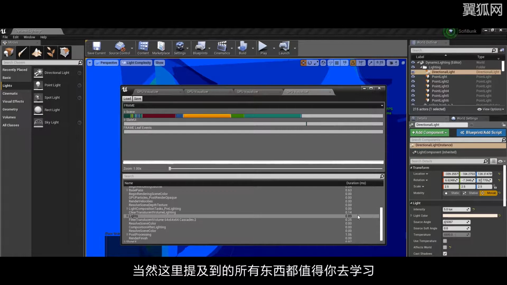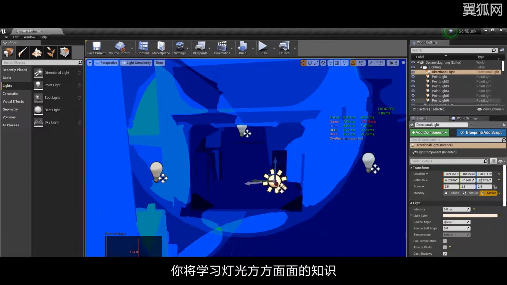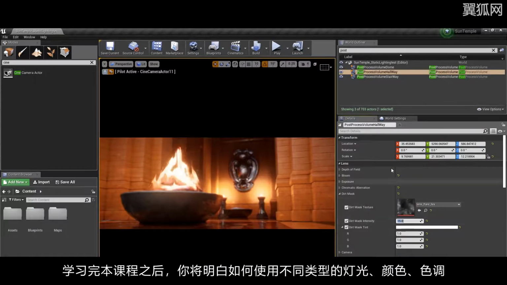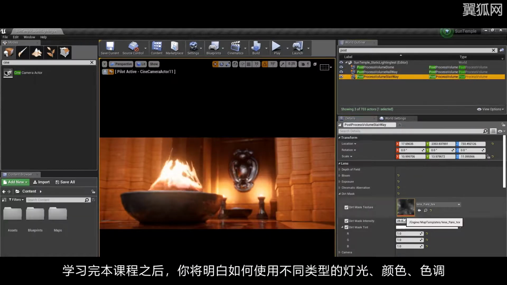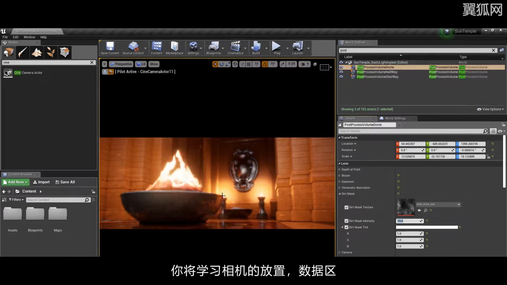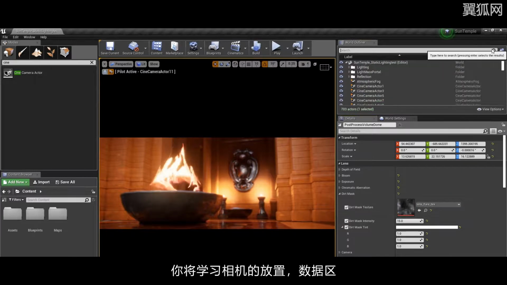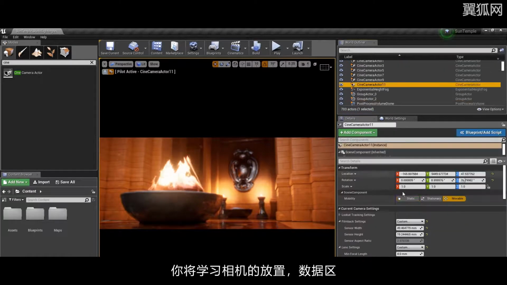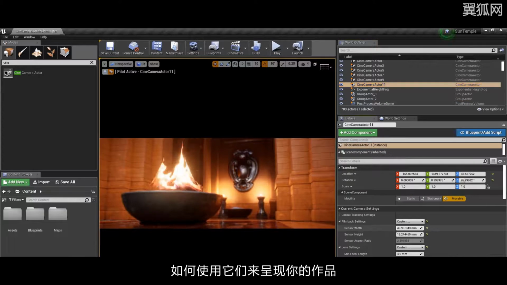Of course, all of the things you're learning here really deserve their own dedication and chapter, but you will be introduced a little bit in every part of lighting. And of course, by the time you're done, you will have been able to utilize different types of lighting, color, tone. You'll be learning about camera composition, placing your camera, depth of field,